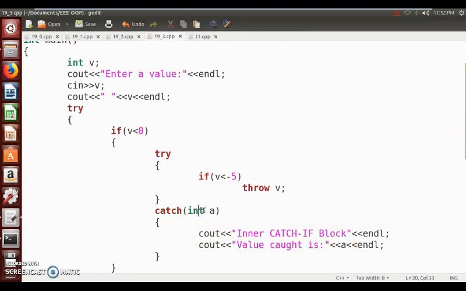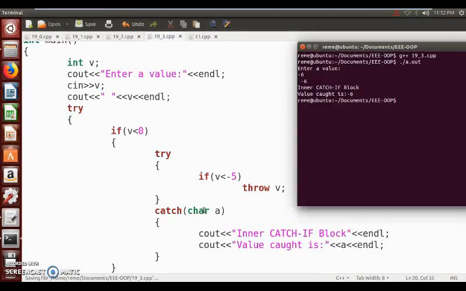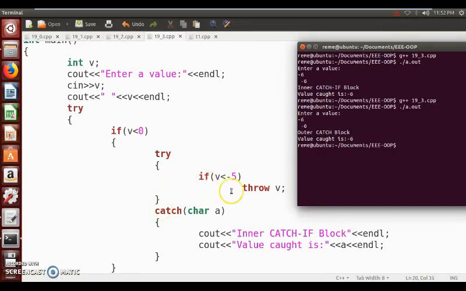Let's try to make a small modification in this program. I'll put a character here and let's try to see what changes occurred in the output. We'll recompile it, go for the execution part. Okay, we'll give the same input -6. Now see the difference. The value of -6 matches with this if condition, so it moves into the try block here. It matches with this condition because -6 is less than -5, and it's going to throw the value of v